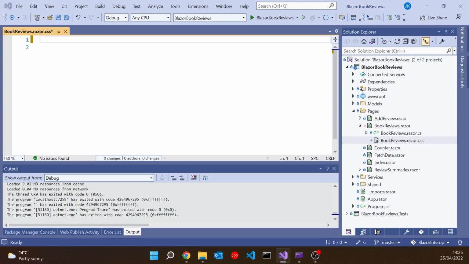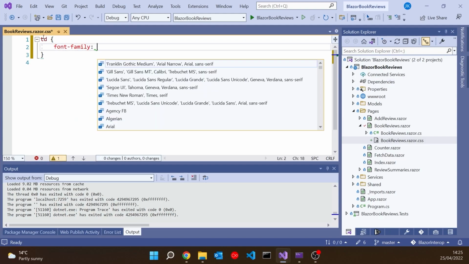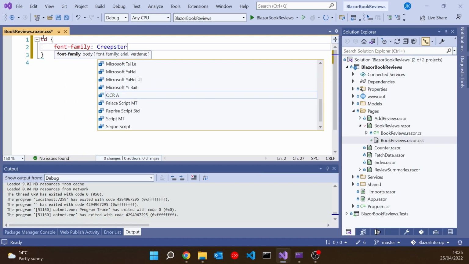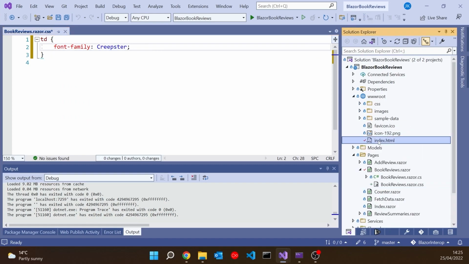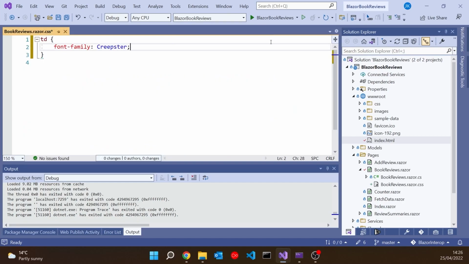And actually what that's going to be is I'm going to have a TD, and then we're going to give that a font family of a thing called Creepster. Now this actually is a Google font, and if we just take a look in our index.html, you'll see I've already added those lines to get hold of this Google Creepster font. So it's just a slightly horrific style font.